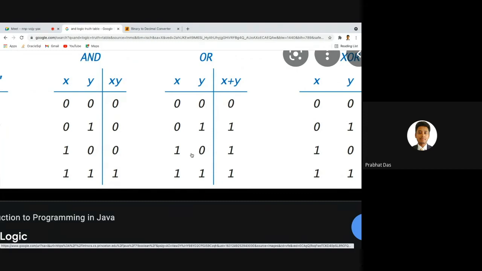So in OR logic, if either of the supplied inputs is true, the ultimate output will be true. If both the inputs are false, the output will be false, and if both the inputs are true, then obviously we get true.